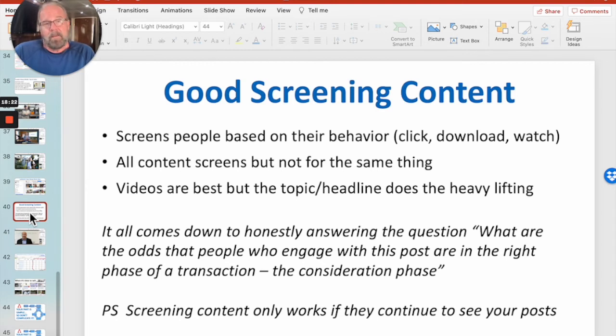And then I could put a link in my post and they can click. And now I know if they click to download that article, they're serious. They're very serious. They clicked. Oh, yeah. Definitely. Great way to screen. But nothing